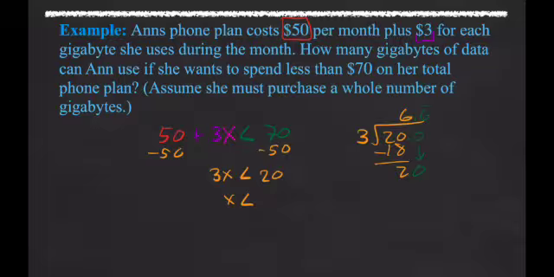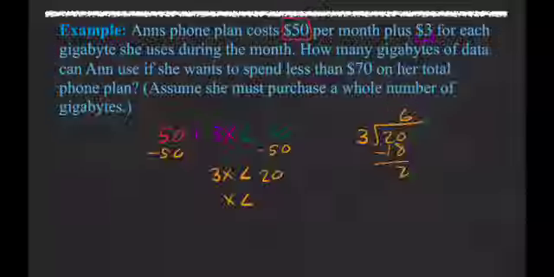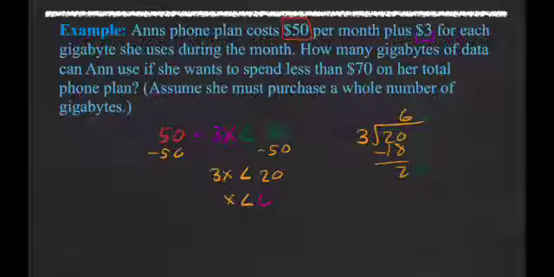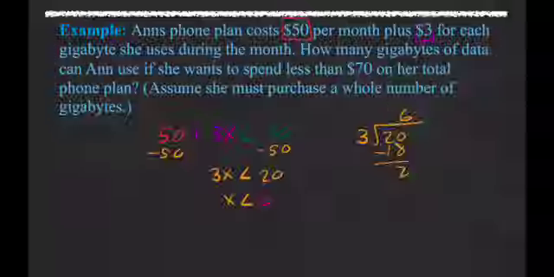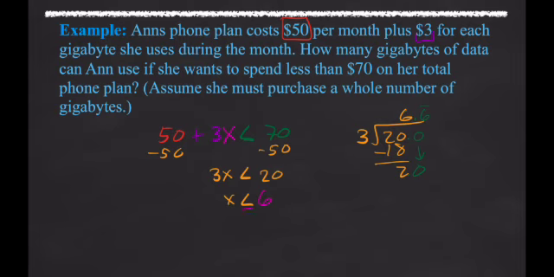We said that she can only have a whole number amount of gigabytes. So we want to make it no decimal. If we were to round this up to 7, would she be within her budget? Well, if we tried plugging that in, 3 times 7, 21, plus 50 is more than 70. So we need to make sure that we would round down in this case. Do not break the budget. Okay, so this one would end up we had to have it less than 6 gigabytes in order for this to work. By the way, this would end up to be less than or equal to 6 because